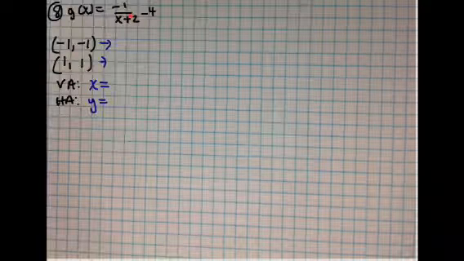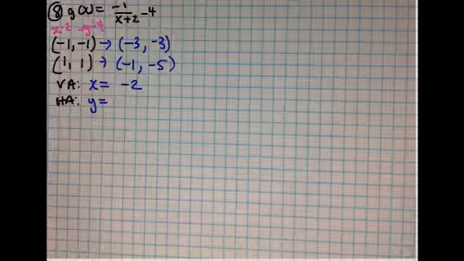Alright, so this function is going to have 3 transformations. First off, the h value is negative 2, so it's going to move to the left 2 units. K is negative 4, so it's going to move down 4 units. And the negative is going to reflect it over the x-axis. Okay, so let's go ahead and transform the points. So the x is going to change by subtracting 2 from each x coordinate. And for the y, we take the opposite of y minus 4. So then the points become